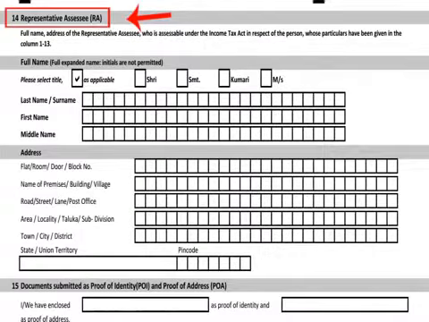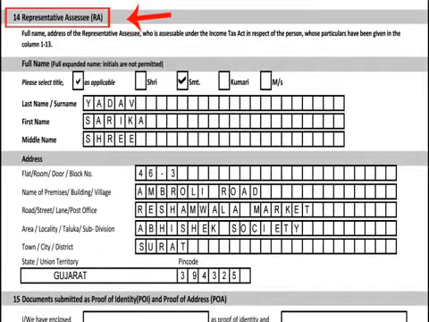Item 14 asks for personal details of representative assessees. Only those specified in Section 160 of the Income Tax Act 1961 can act as representative assessees.